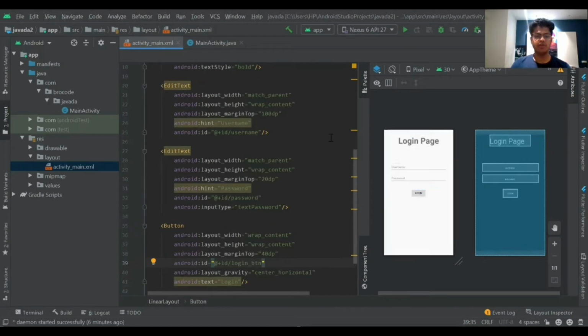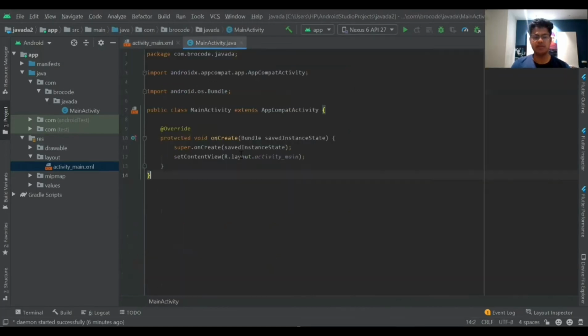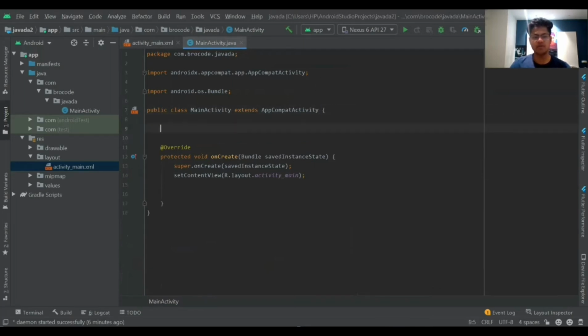So yeah, that's the layout. We are going to make a login page out of it, and the functional magic appears in the main activity or Java file. So yeah, here's where the fun starts. First of all, we have to bind the layout to the Java file that we are creating right now. First we will define whatever the layout consists of, that is the text views. Text views aren't required. We are not going to do any functionality on it.